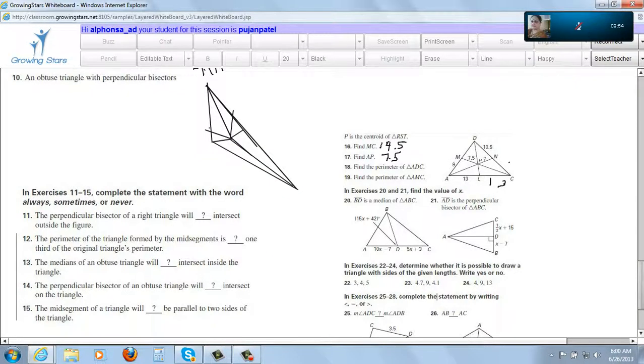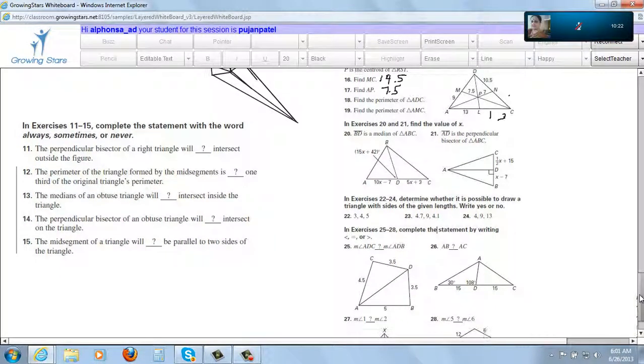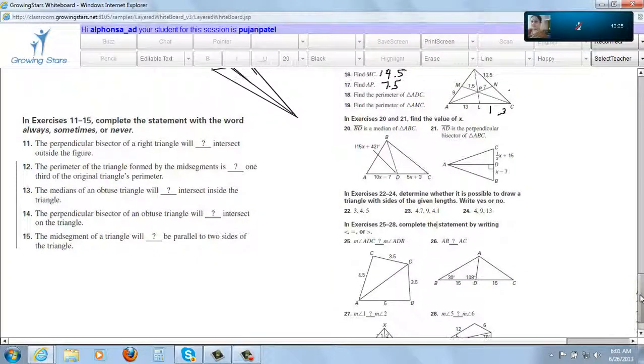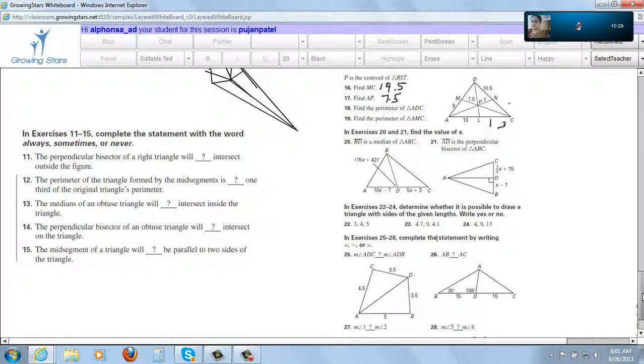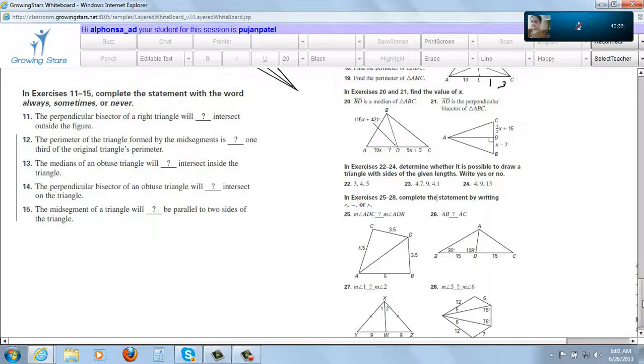I'll just show you how the obtuse triangle goes. Can you see where I'm drawing? Okay, this is an obtuse angle triangle, and you're asked to draw the perpendicular bisectors of the sides. So let's take each side at a time. If you draw the perpendicular bisector of BC, a rough figure will do. It's going to go through the center of BC, and it's going to be perpendicular to BC.